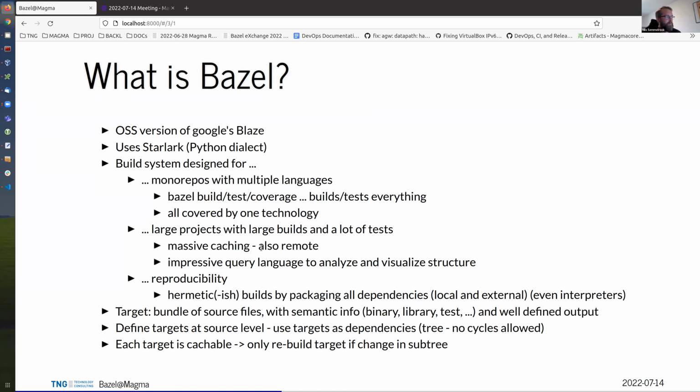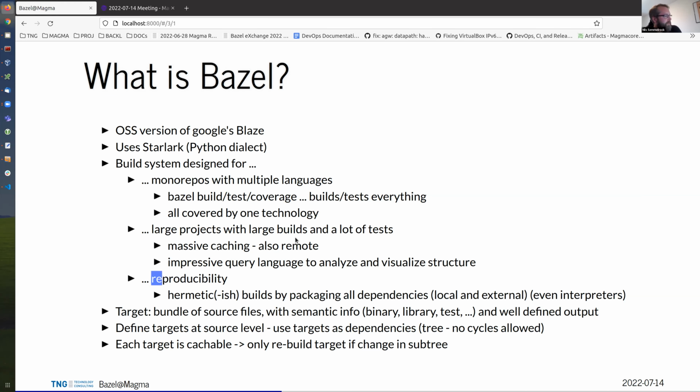So even if you do a fresh setup in CI, you don't need to build everything from scratch. You can actually download already built artifacts from remote caches. Also, Bazel has an impressive query language. You can use it to analyze and visualize the dependency structure of the project. I will give some examples for that.